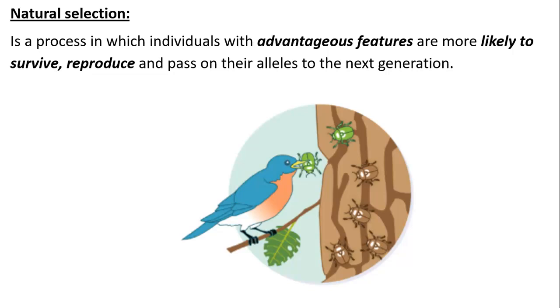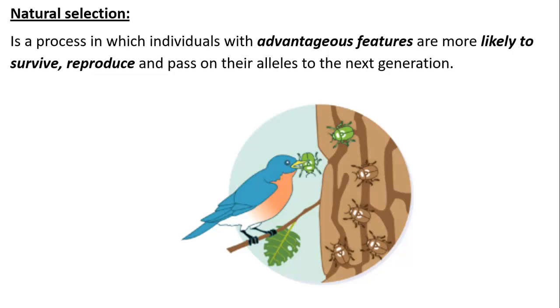So, let's read the definition. It's a process in which individuals with advantageous features, the ones with the better features, are more likely to survive and reproduce. So, the ones with the better features will survive, and since they will survive longer, they will reach the reproduction age and they are the ones that will reproduce. Therefore, their alleles will be passed to the next generation, while the ones with the less fitting alleles will die out easier or earlier, so they will not reach the mating age and they will not pass their alleles